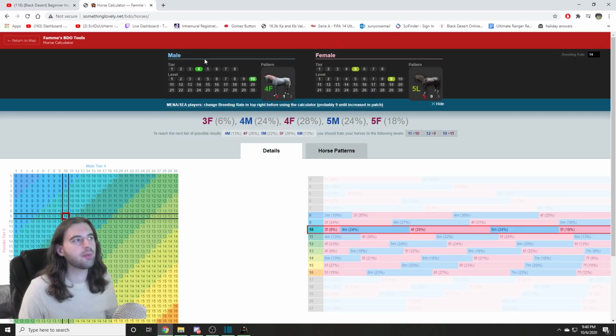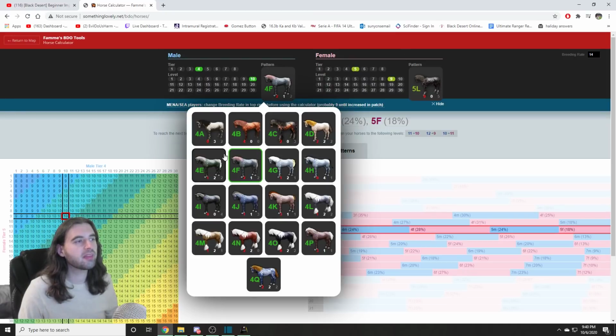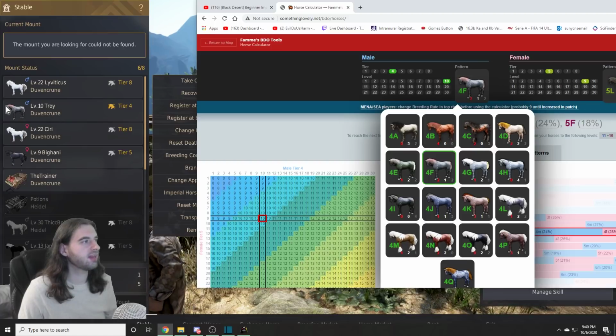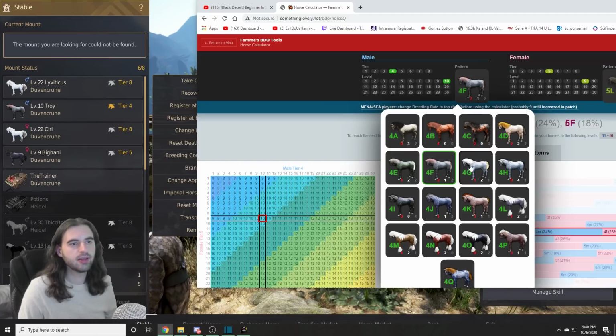What you do is at the top, you pick the stats of your male and your female horse. So I have a tier 4 male, level 10 horse, and I have a tier 5, level 9 female horse. The next thing you're going to do is pick the pattern of your horse. For example, my male horse right here, Troy, has a brown mane with a grayish body. So if I pick the color that matches it, it is the 4F